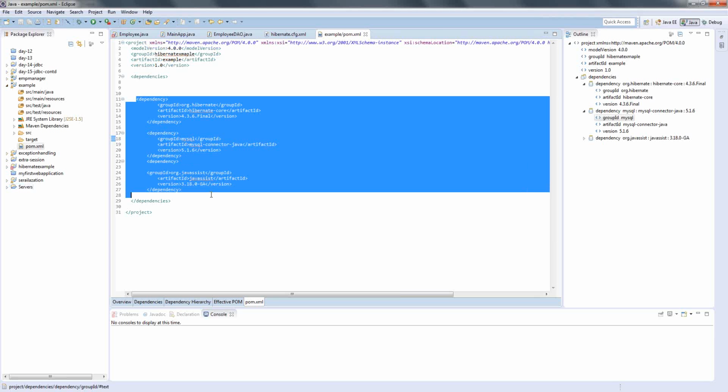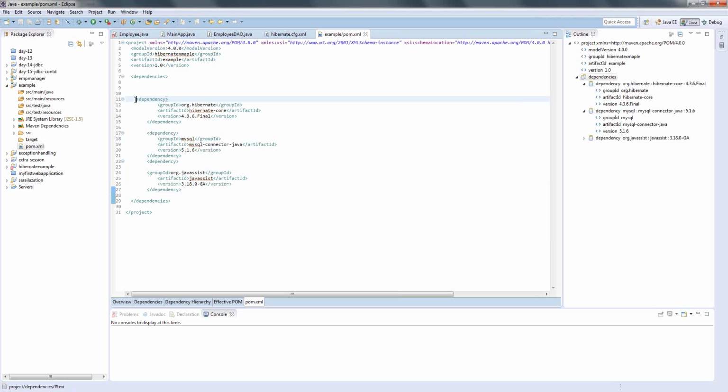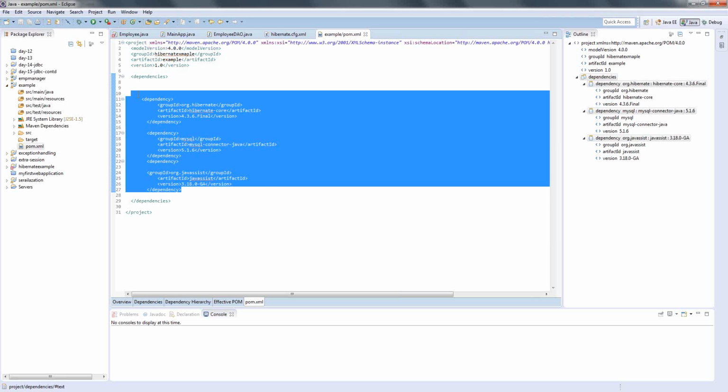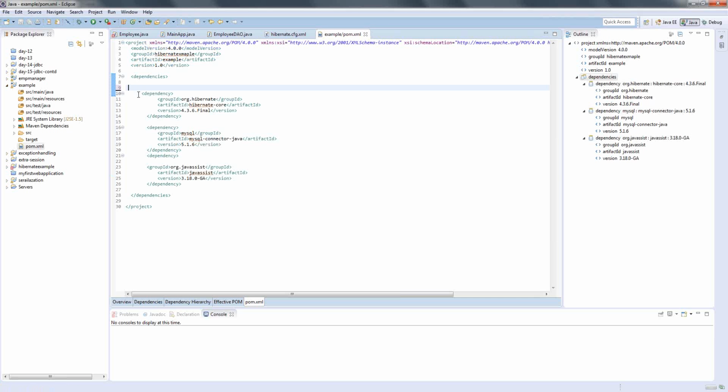Here, you can simply put it inside the dependency tag: dependency, and then the group ID. What is your package name? What is your jar name? What is the version of that? Then again MySQL connector, then org Javassist, something like that. This one is right. And once you run it, you know